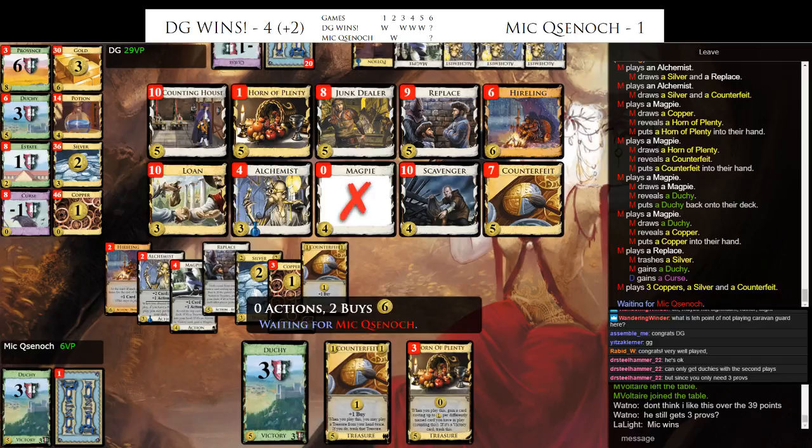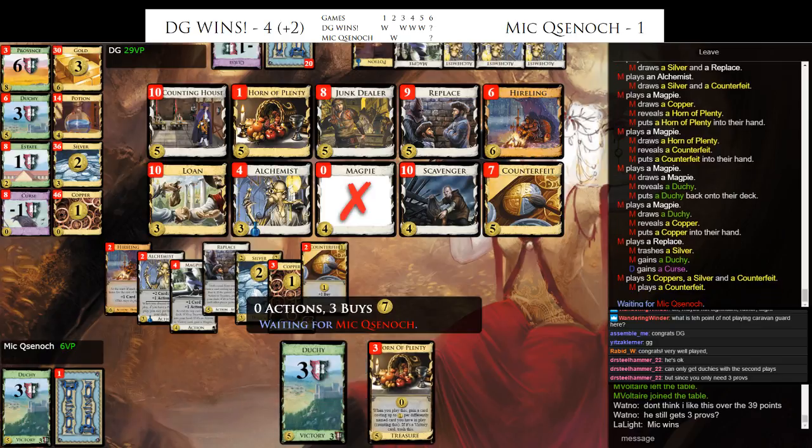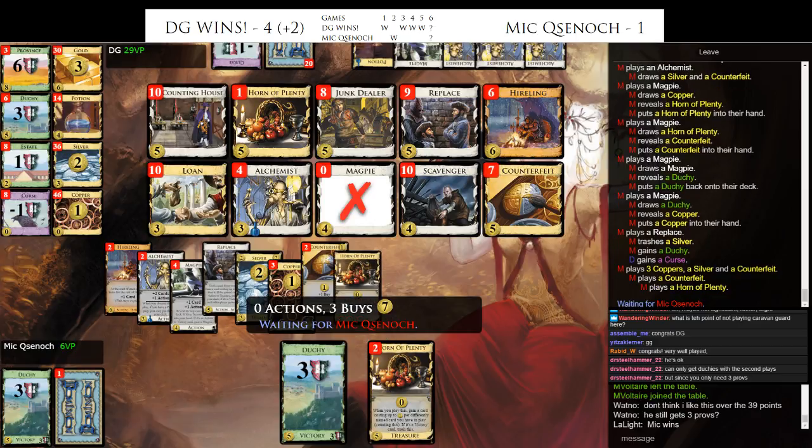Yeah, and he replaced a Silver with a Duchy, which is probably a little more efficient than what I was considering. So he goes Counterfeit, Counterfeit, which is fine. Silver into Duchy. Yep. So DG's play on the last turn was kind of halfway between the things we were talking about,